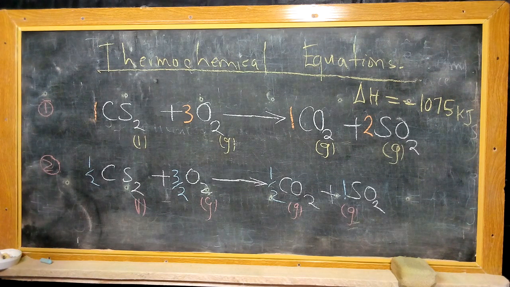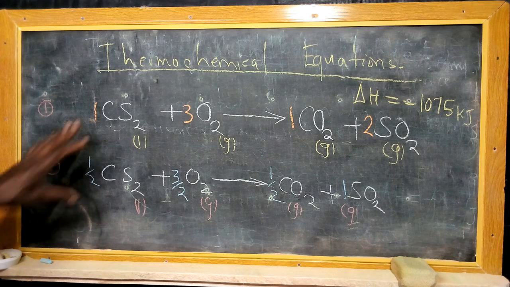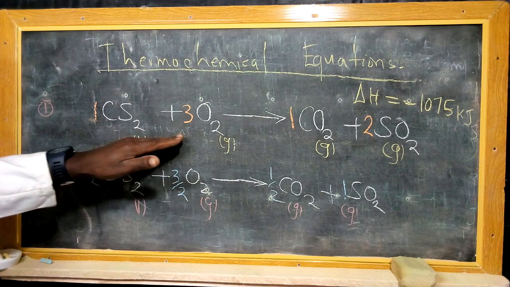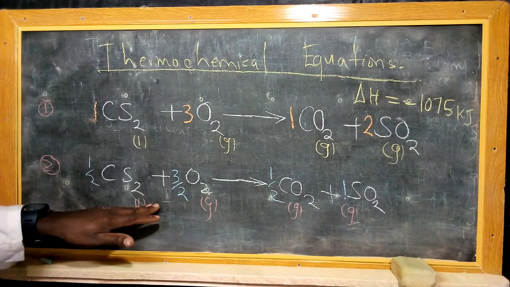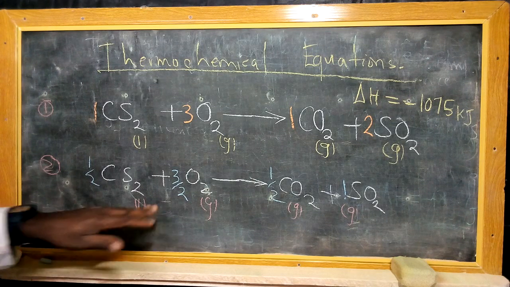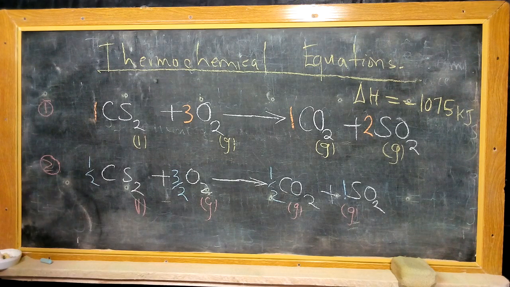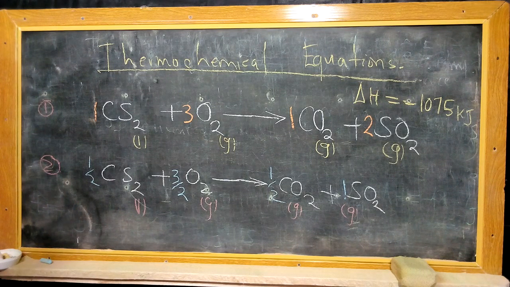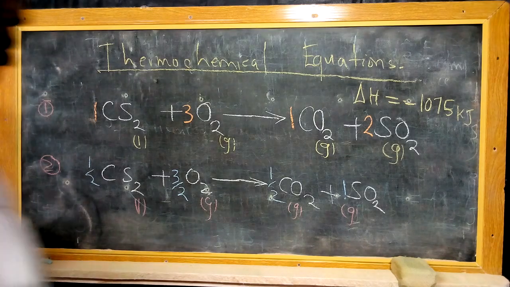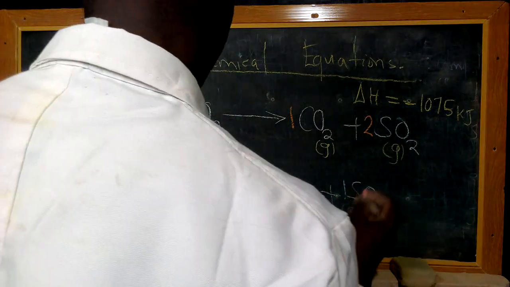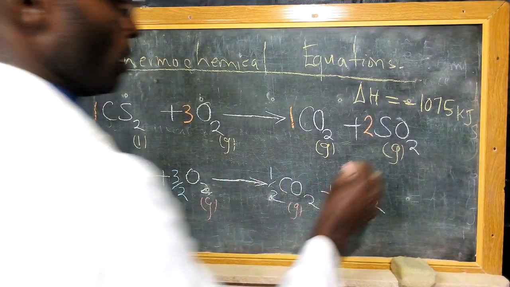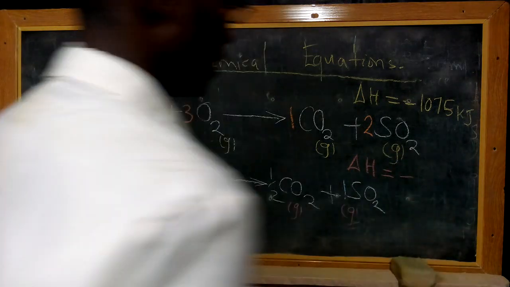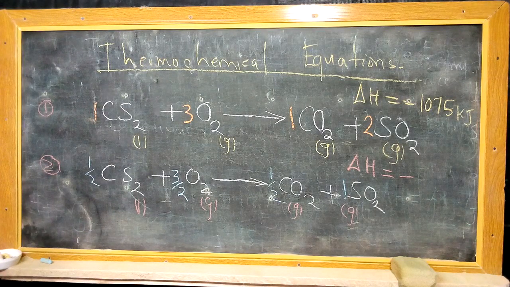So in that case, it will be observed that whenever these kinds of coefficients are affected, maybe by a half, this also changes the value of the heat of reaction accordingly. Accordingly means that it changes with respect to that particular ratio. So in this case, the heat that is evolved will also change by the factor of half,